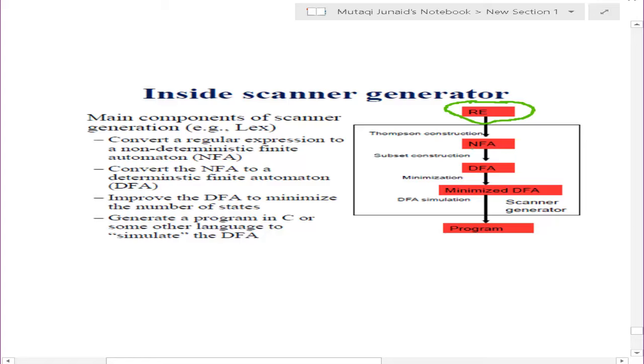Then when we have regular expressions, the first thing our scanner generator does is convert it into the NFA using the Thompson's construction. That will be the non-deterministic finite automata. Now this non-deterministic finite automata is converted to the DFA using the subset construction. In this video we're going to concentrate on the Thompson's construction. In the next video we'll go from subset construction, NFA to the DFA, and then we're going to minimize it